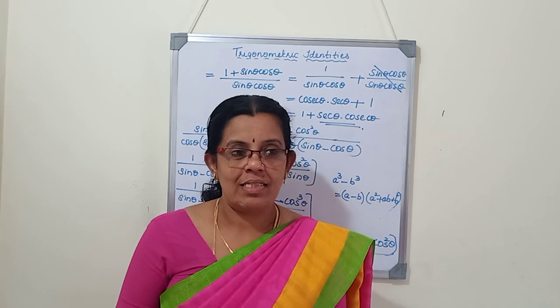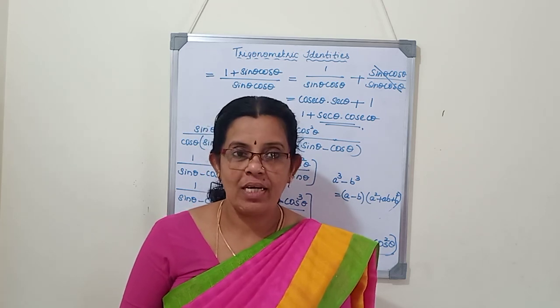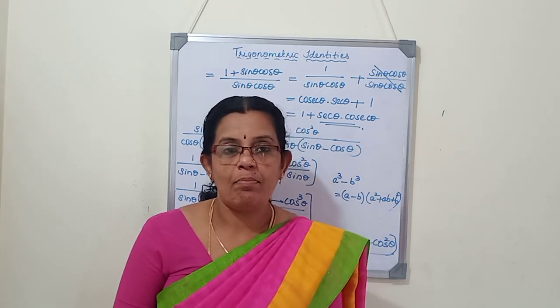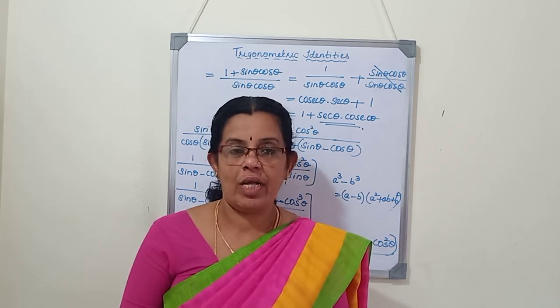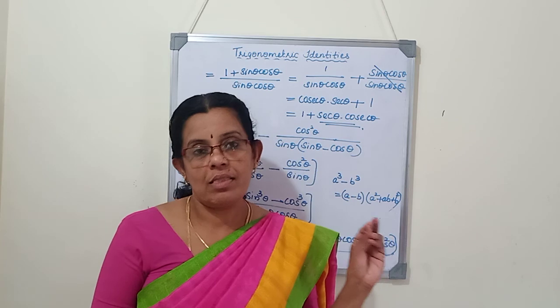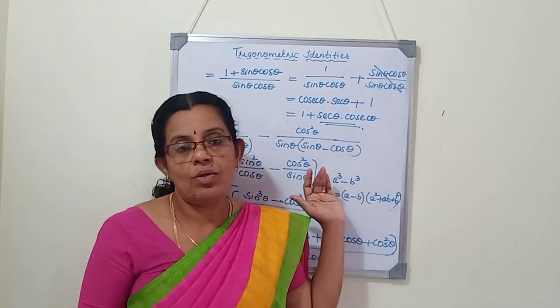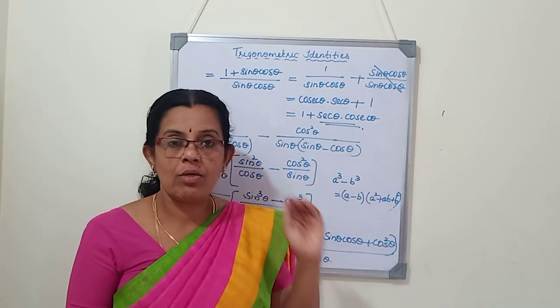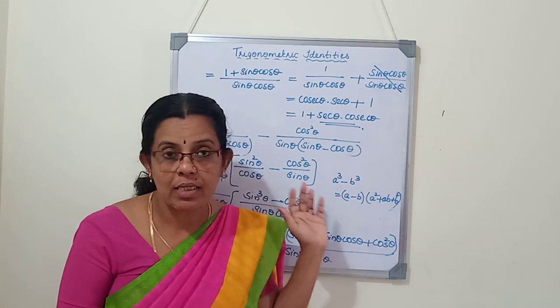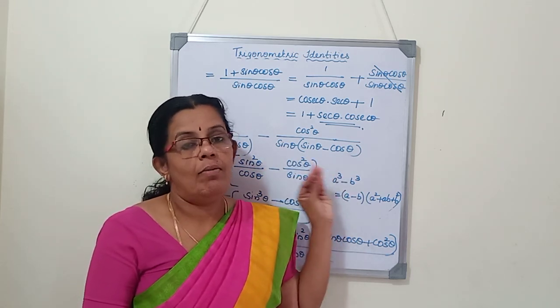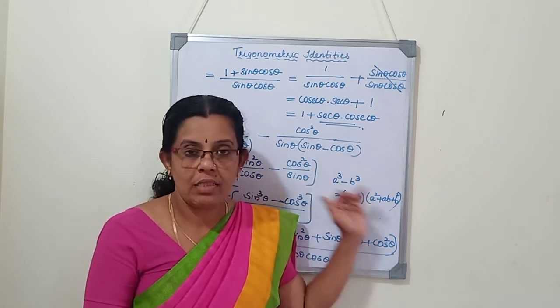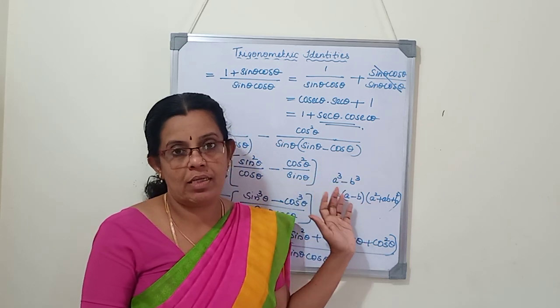All the sums in this exercise are different. You have to practice a lot. We are only applying the formulas which we learned in smaller classes, like a plus b the whole square or a cube minus b cube, but now we are applying them to sin theta and cos theta. So see how to apply: all the cosec, sec, tan, cot terms we have to convert in terms of sin and cos. Each question will be different from the other one. Practice. Without practice you won't get these sums.